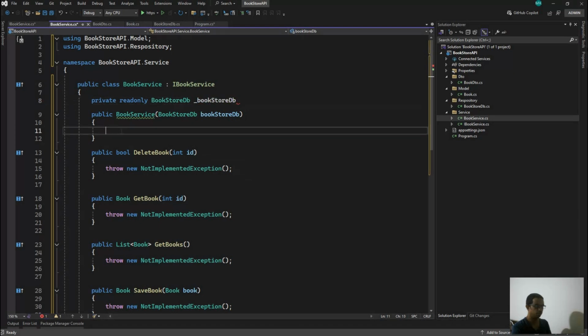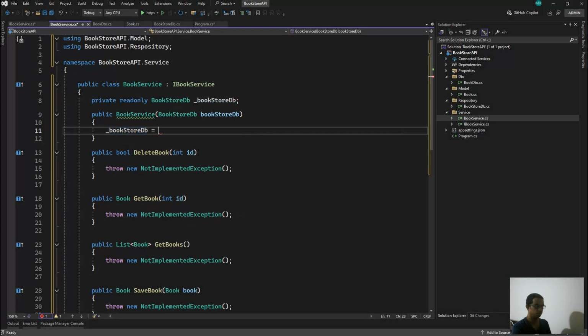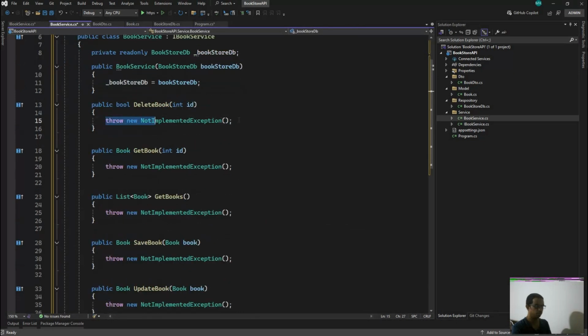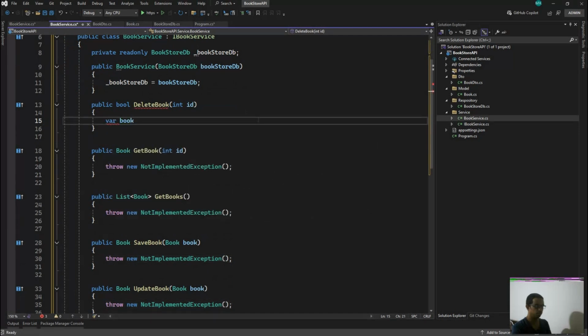And we will do underscore bookstore db is equal to bookstore db, and then we will use this bookstore db. Now we have the id,